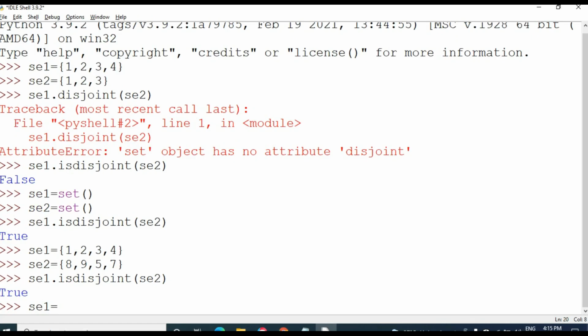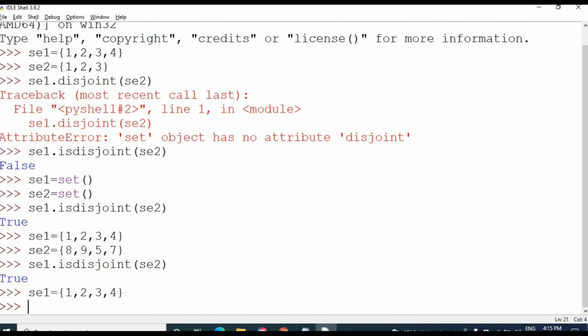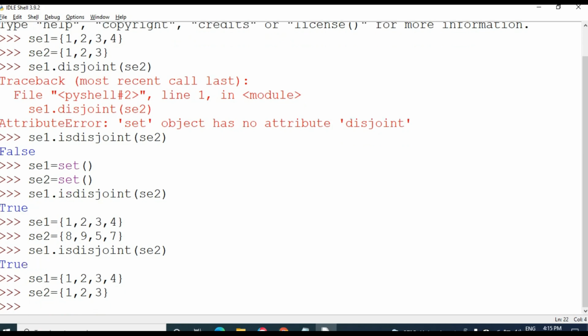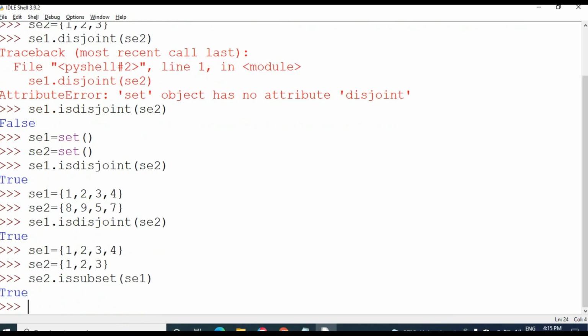I am creating set 1 as 1 2 3 4, then set 2 as 1 2 3. Then set 2 is subset of set 1.